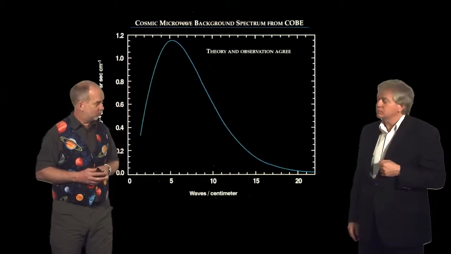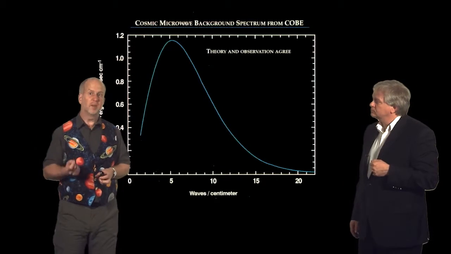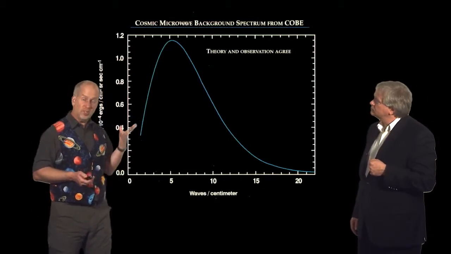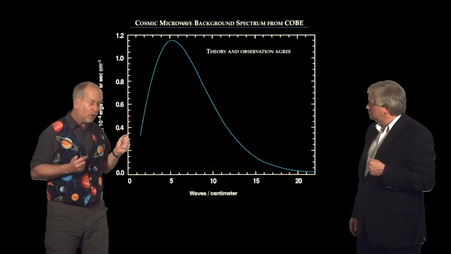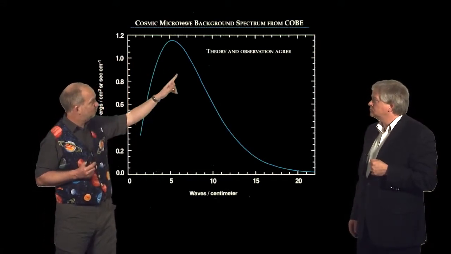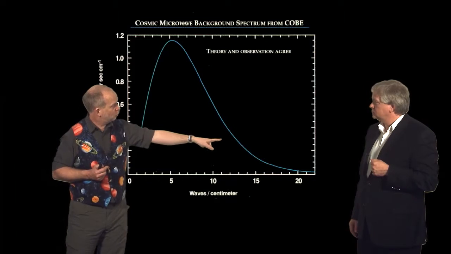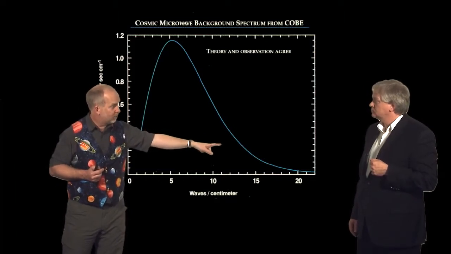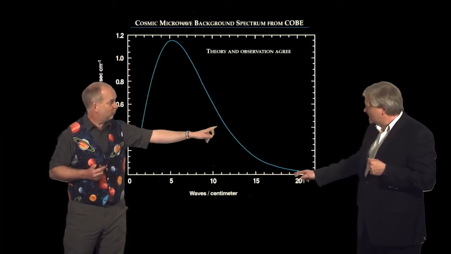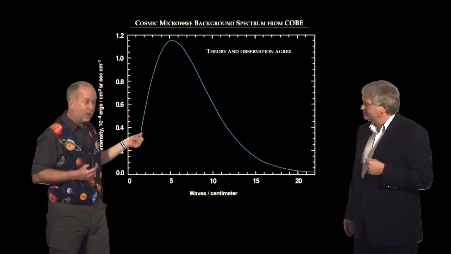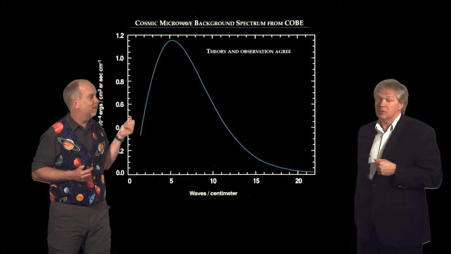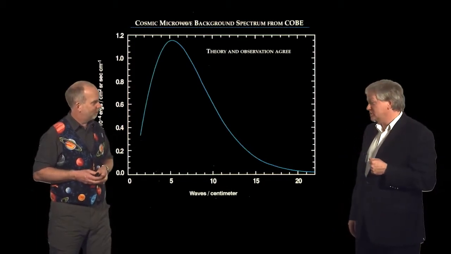And the sea of photons are called the cosmic microwave background, and this is the first of the triumphs of the Big Bang Theory. The triumph that it predicts that we should be living in a sea of photons coming from all directions, and furthermore it predicts that we should have exactly the spectrum. This is a combination plot showing both data and theory for what the spectrum should look like, plotted on the same graph. That line is both theory and data? Yes, it's got error bars on here, but the error bars are so small you can't even tell them for the thickness of the line on this pixel. That's a pretty good prediction.